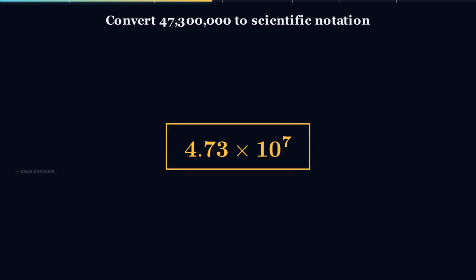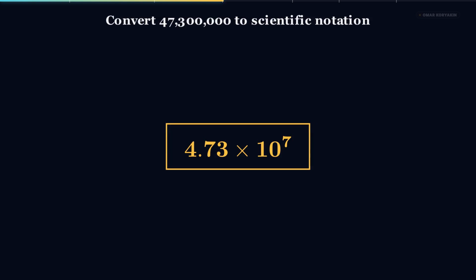A useful sanity check after every conversion is to read the scientific notation answer back as a magnitude. 4.73 times 10 to the 7th is between 10 million and 100 million, which matches the original 47 million we started with. If your converted form ever lands a power of 10 away from the original magnitude, you miscounted the